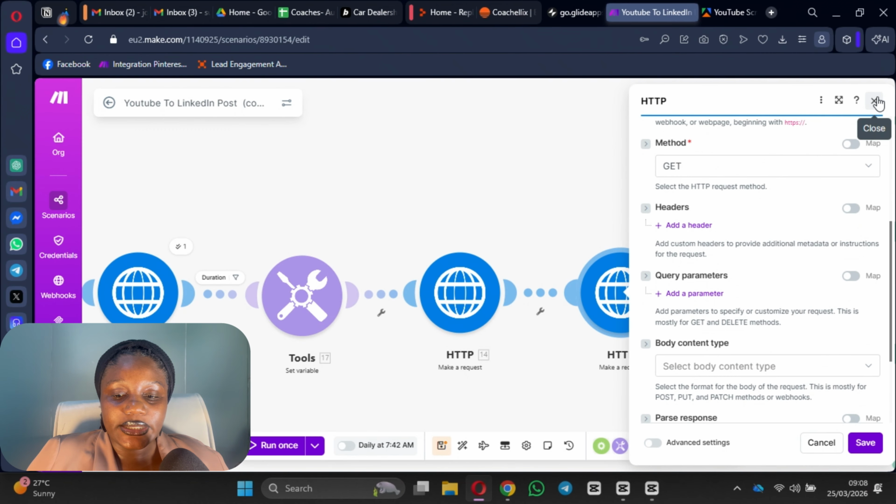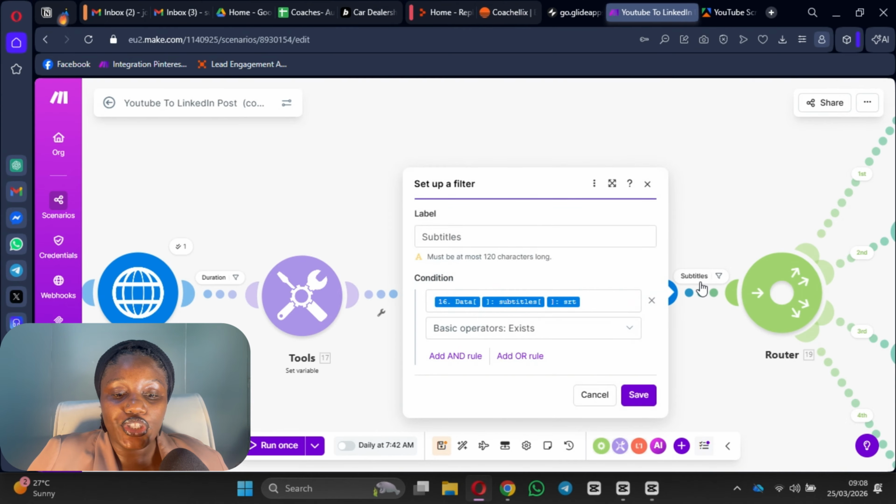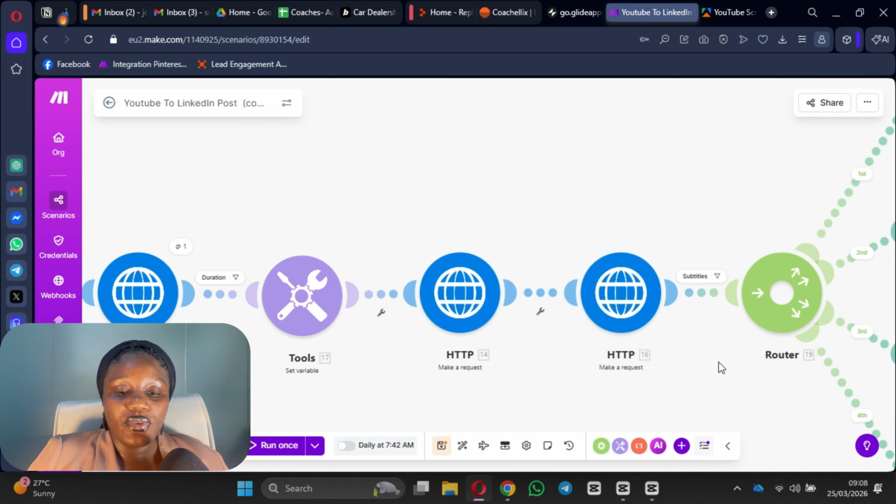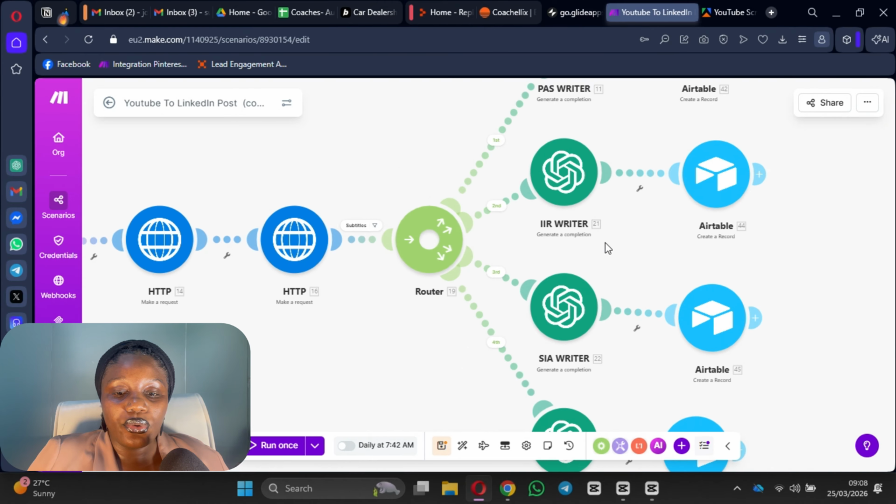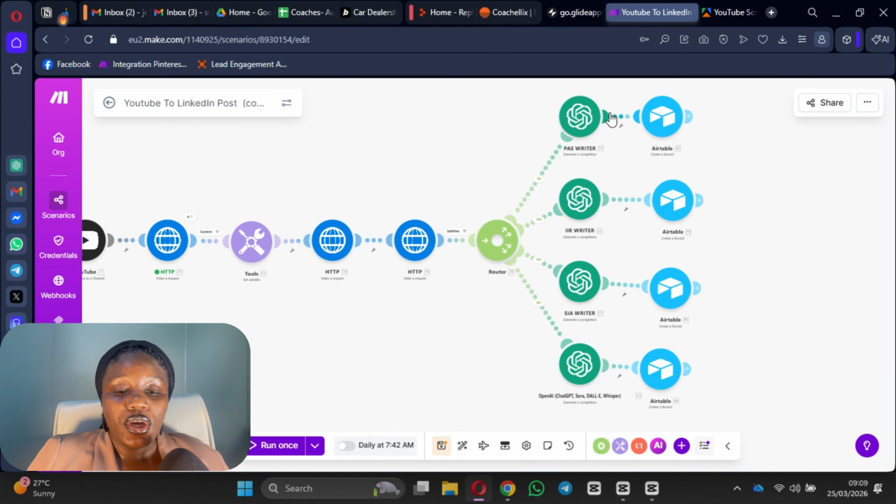So once it gets that dataset for us, one of the things that it's going to get is going to be a subtitle. That's an SRT file. That's the subtitle file, and that's like the transcript of the video. So the SRT file is what you are going to be looking for. So if you have the SRT file, then you can now go into your AI module to use it to create content for you.